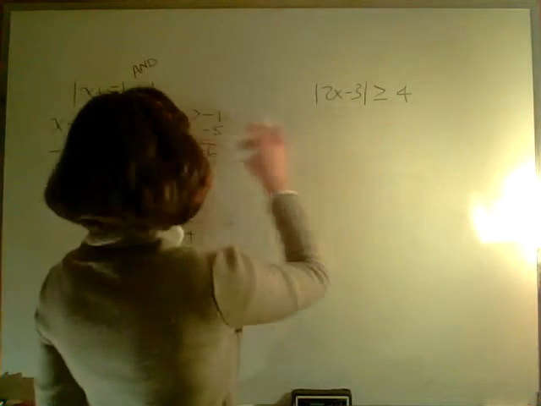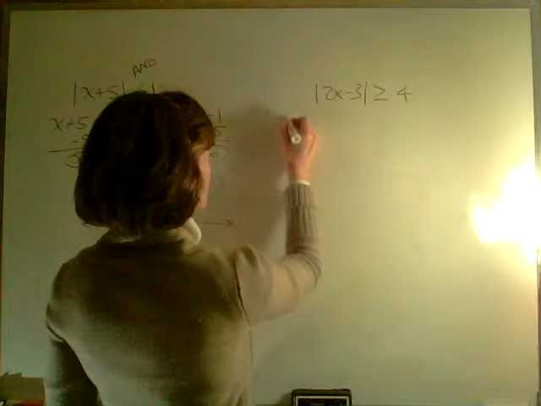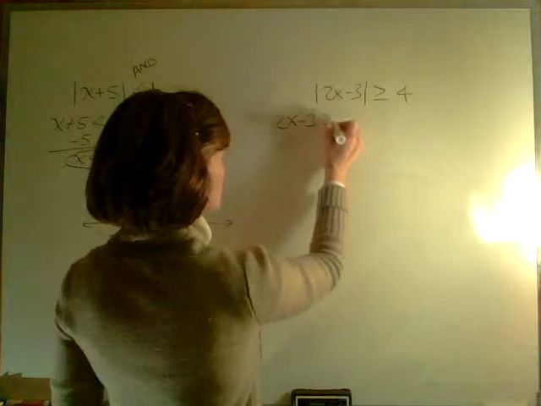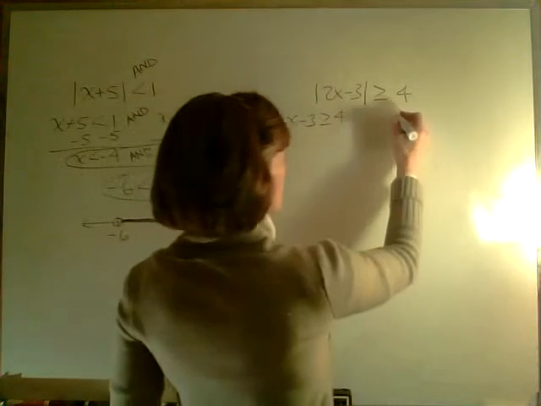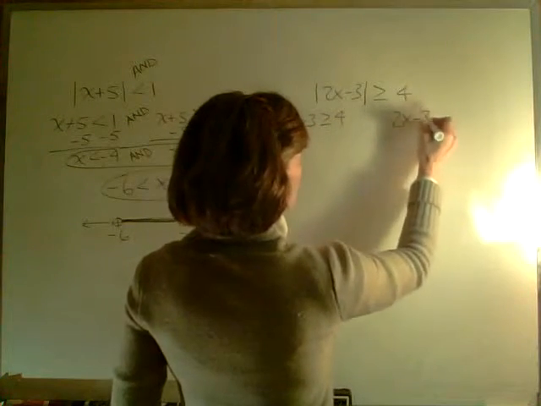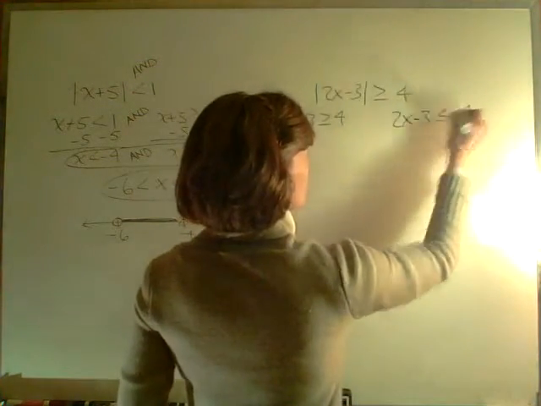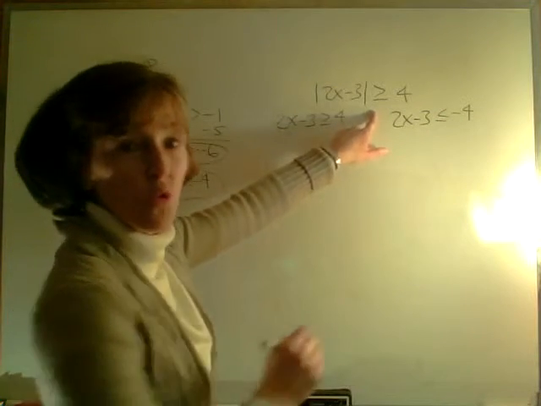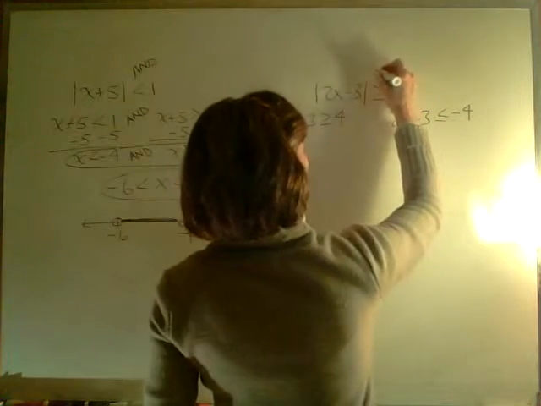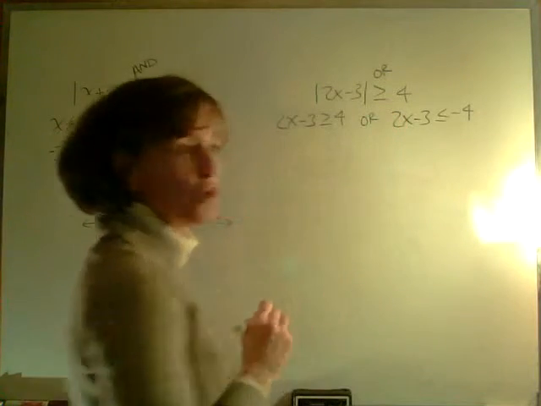All right, well, let's come over and compare what we just did to what we're going to do right here. We're going to write two statements. The absolute value of 2x minus 3 is greater than or equal to 4. My first one looks just like the original. The second one, remember that I flip the inequality sign and I make the number negative. All right, but a greater than is an or. A greater than, when used with an absolute value, is an or, and I have to put the word or